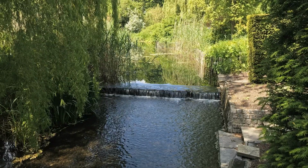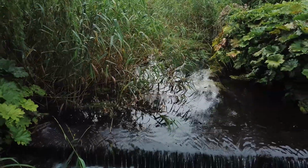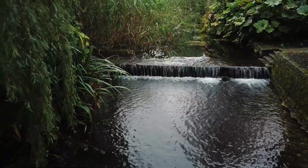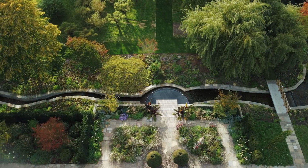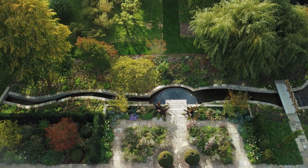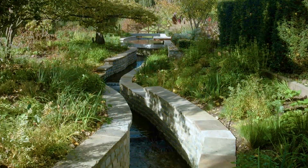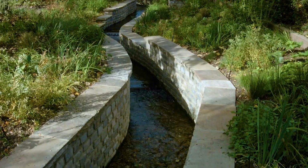The stream was functional, but it just was a long line. Water just carried all the way through like a normal stream would, and we've now interrupted that stream, and that now bends and twists. So when you stand from one end, you can suddenly see a lot more movement in the actual structure of the stream. And also when you walk along it, you have this interruption of movement and noise of water,